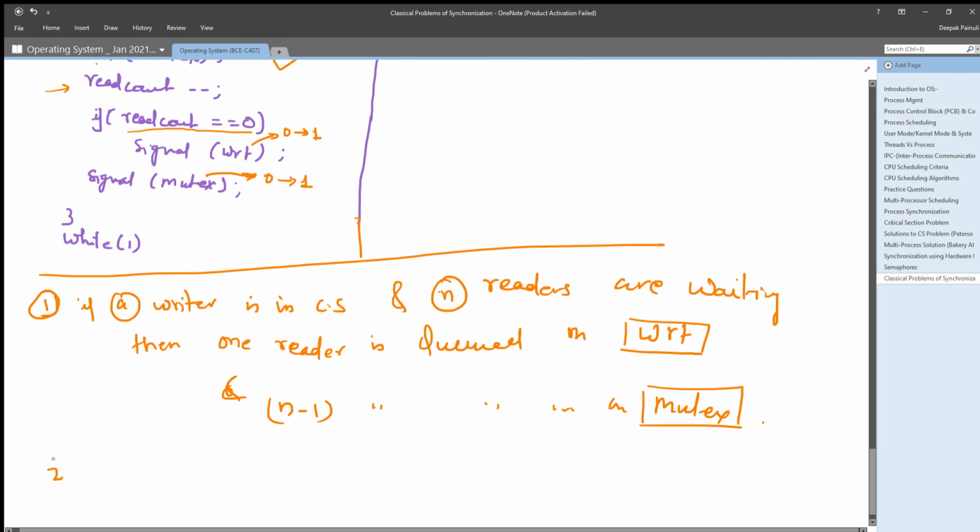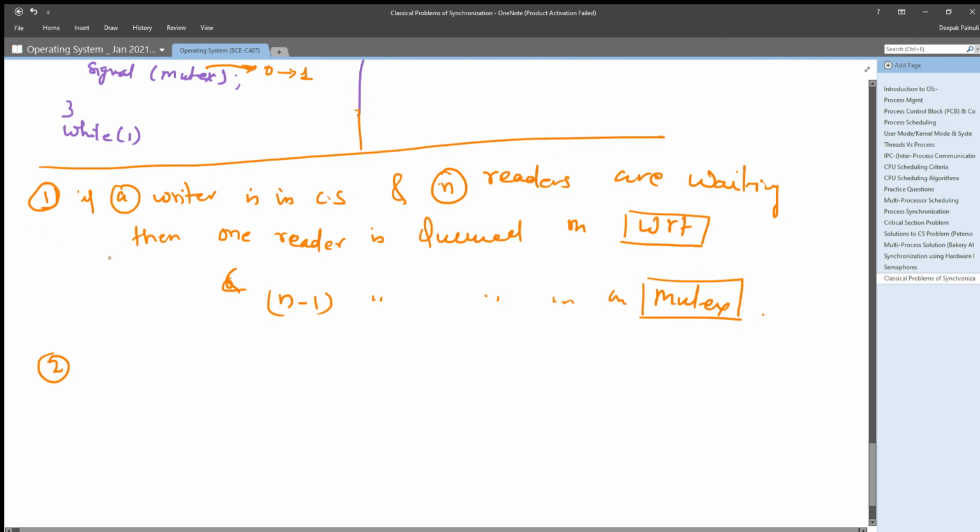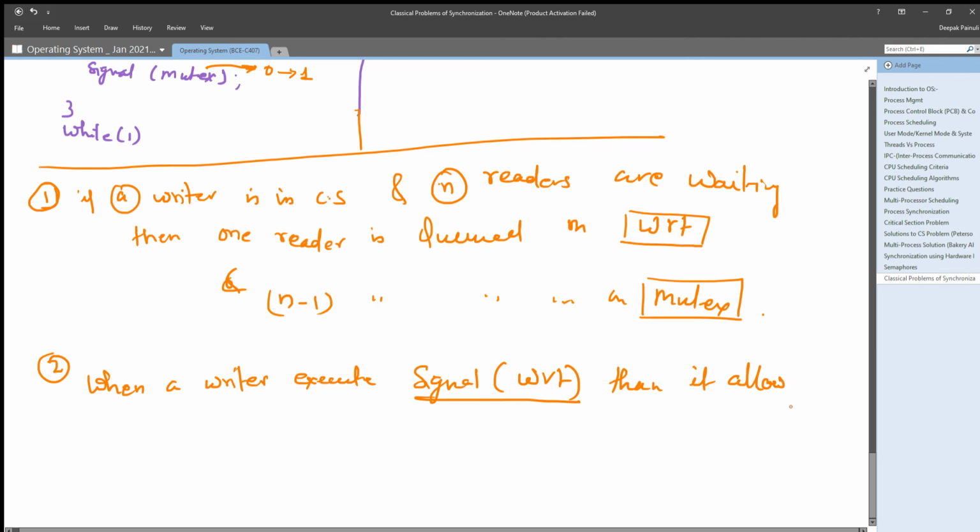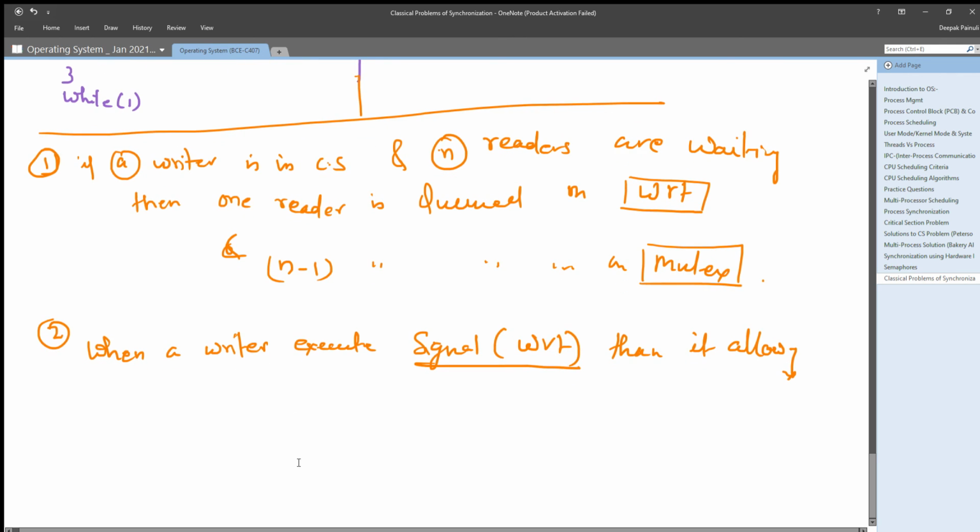The second point from the analysis of the code above is: when a writer executes the signal operation on WRT, it is simply allowing either waiting readers or a single waiting writer process.